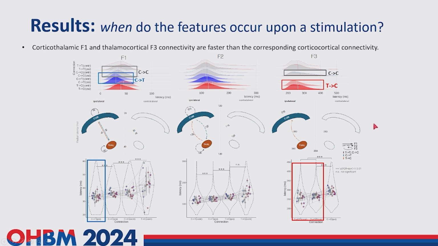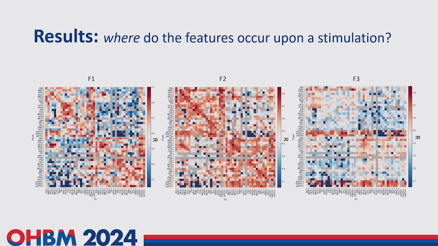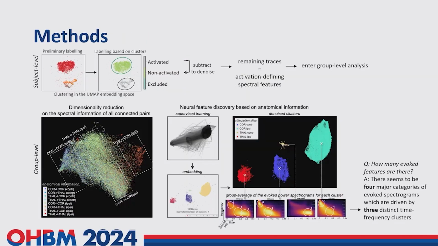Artifact is what kind of artifact? So there is electrical artifact, and in the method section, we actually dealt with it by subtracting. Based on the semi-supervised learning, we also label what is absolutely not an activation, but an artifact. So in the semi-supervised learning, you also need to learn to dissociate those cases, and those cases will be grouped into the non-activated cases. And before the data enters into group level analysis, the artifact will be subtracted from the activated spectrograms.